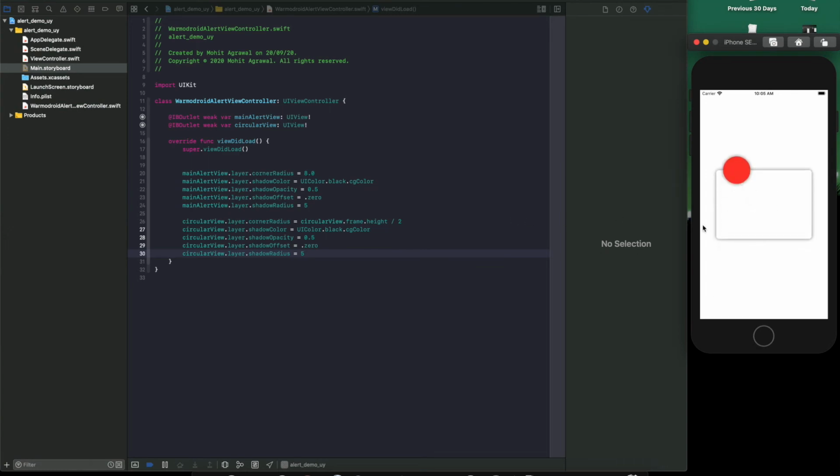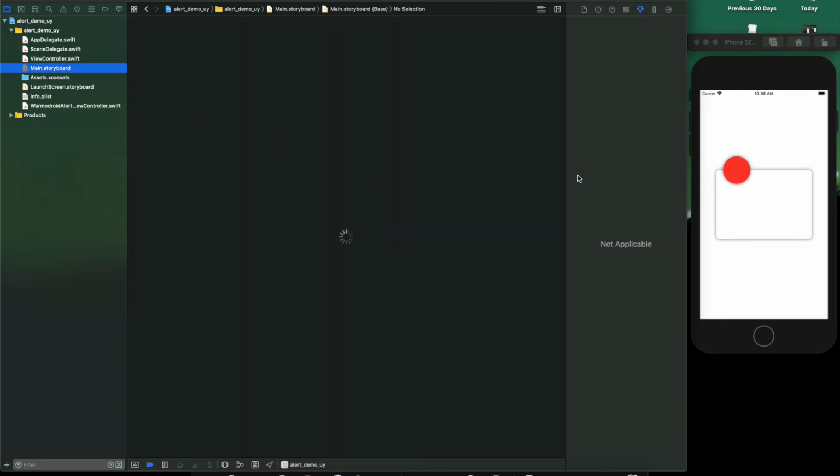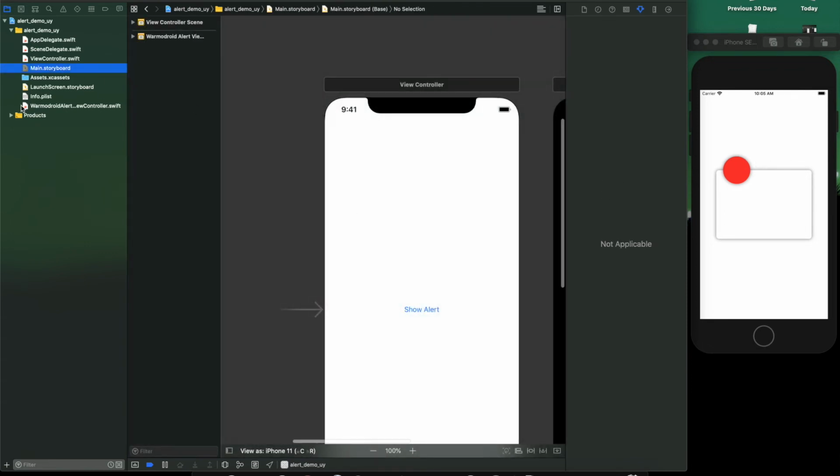Okay, now let's give a small icon here, image view. Okay, before that let's give a label and buttons, because icon is very easy, you guys can do that as well.